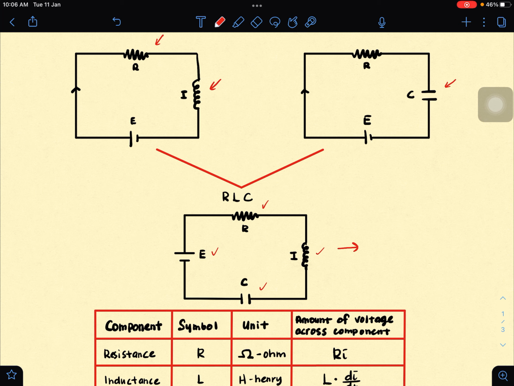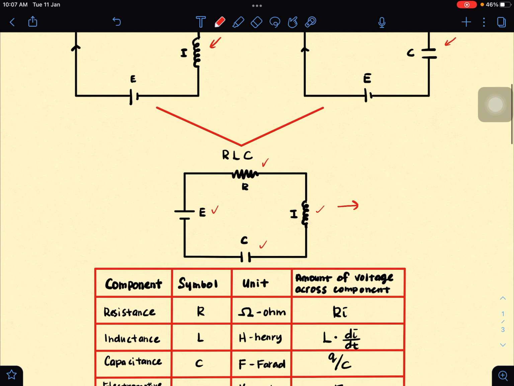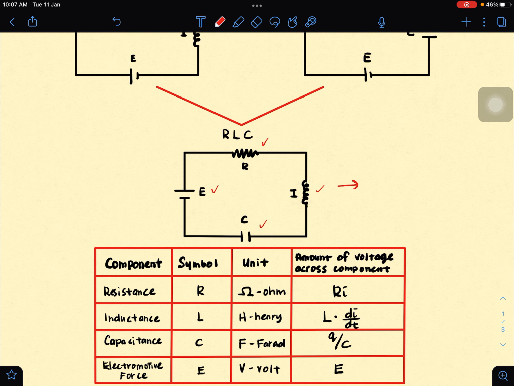Okay, so that is the difference between the system in the first order and the system in the second order. In the first order, we only have separate systems, which is the resistor and inductor, and the other system is resistor and capacitor. Okay, both of these systems will contribute to the first order differential equation. But in the second order differential equation, we will have the electric circuit system that includes all the components, which is the resistor, the inductor, and also the capacitor. The concept is still the same. Okay, so